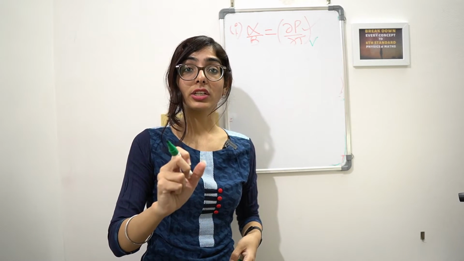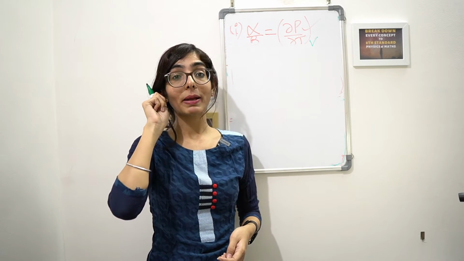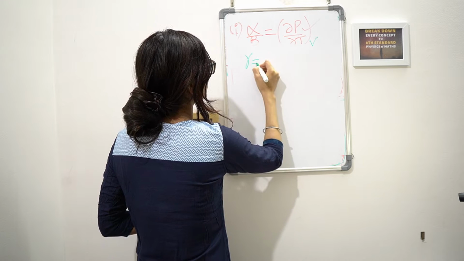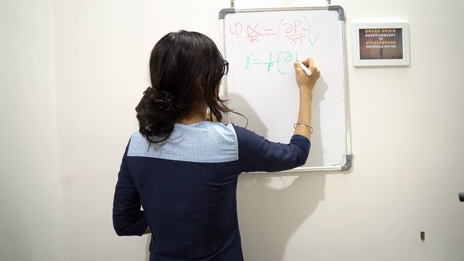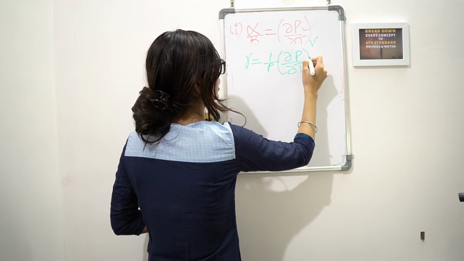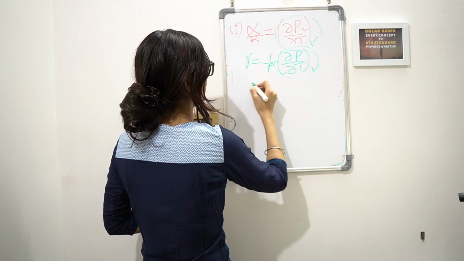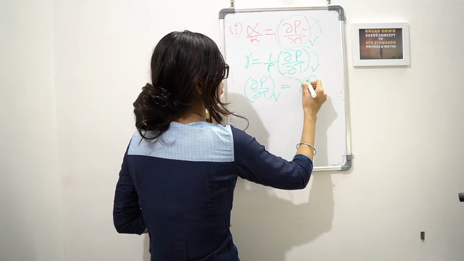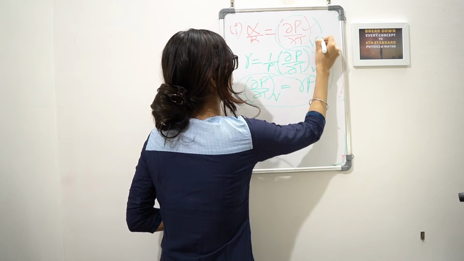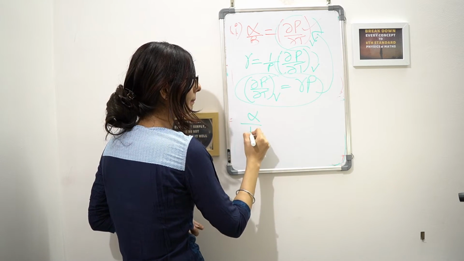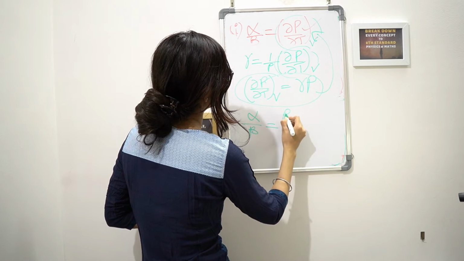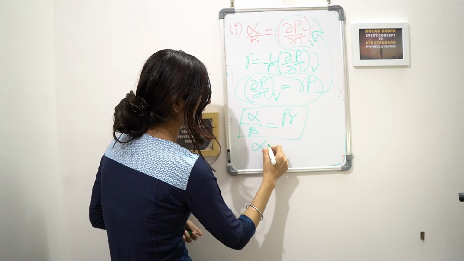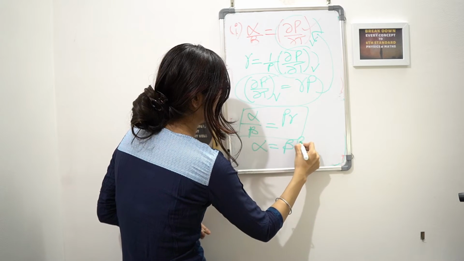There was a relative change in pressure with respect to temperature, keeping the volume constant. So what was the value for that? Gamma was 1 by P, del P by del T at V. So now we want del P by del T at V. So we'll calculate del P by del T at V is equal to gamma P. Since I calculated this value, can I put it in this? So it would be alpha by beta is equal to P gamma, or alpha is equal to beta P gamma.